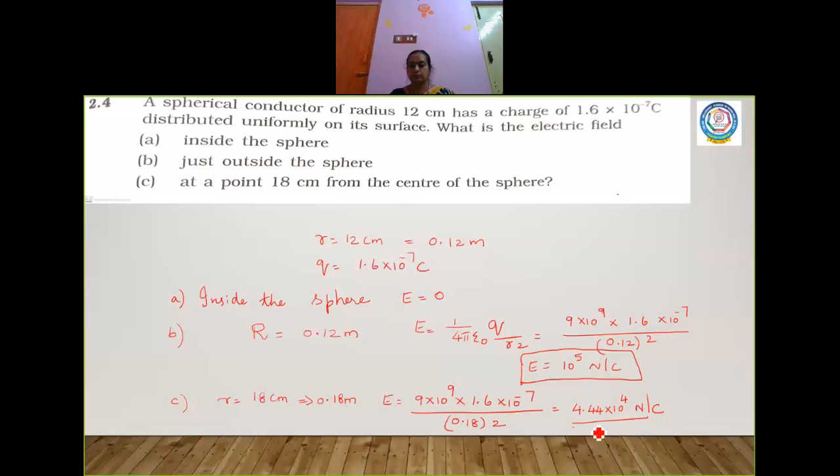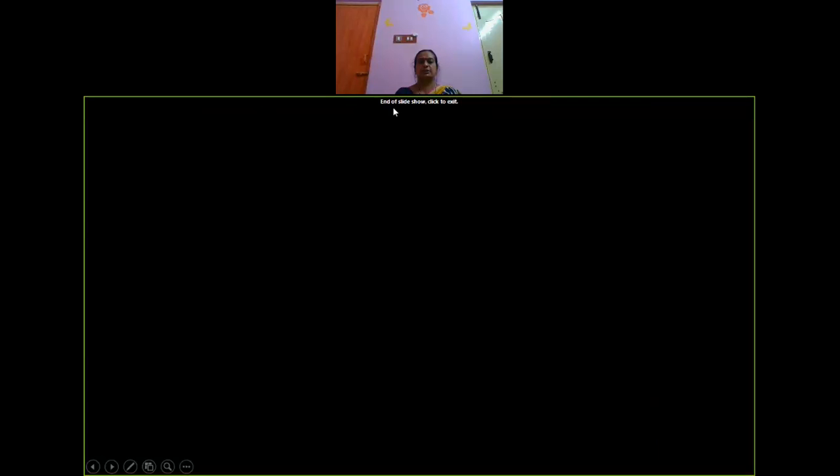Now I want you to work out the steps and arrive at the answer. Okay, this is a very important, simple problem. It is there already in your exercise. So I am solving the sum side by side, so that you will just file it up and keep it. We'll discuss almost all the problems in the book back also. So go through this topic today. Okay, let us continue with the next topic, which is potential energy. Related to potential energy only, we'll continue tomorrow, children.